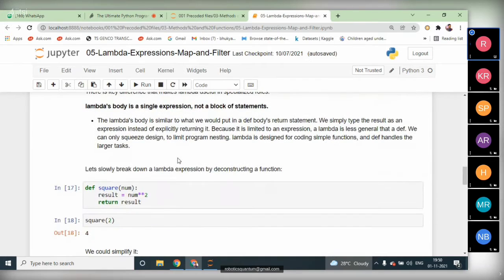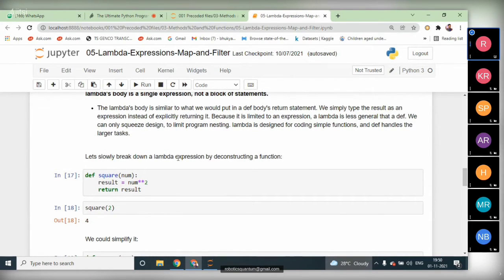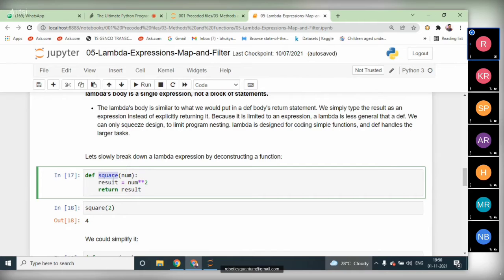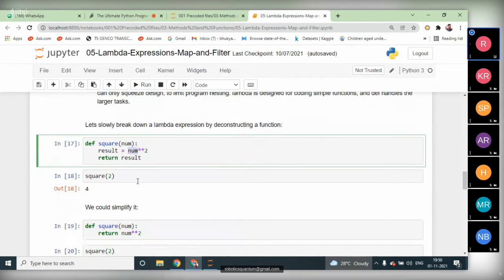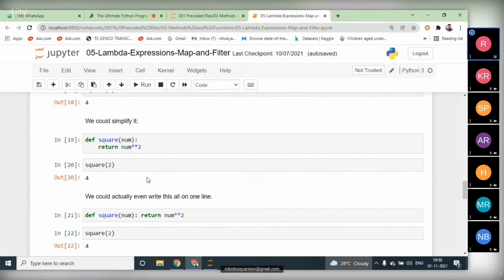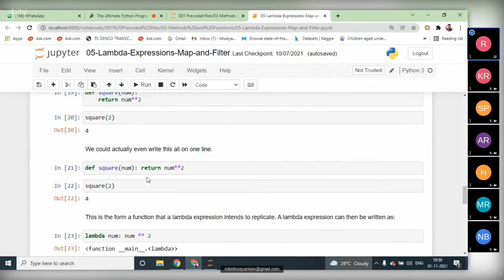Here lambda is a single expression, not a block of expressions. Let us break it down. Square is a function, it is returning the square of the given number. If you want to make the same square function using lambda, we can do it in a single line.